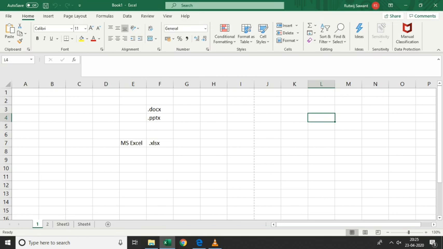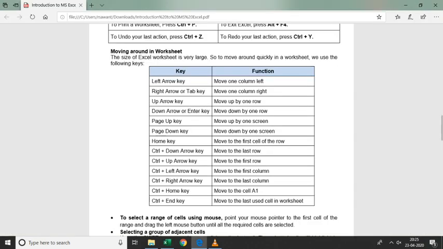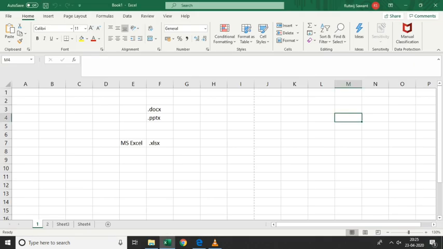Using the left arrow key, you can move towards your left side. Now after this, it will not move, as this is my first row and this is my first column. Then right arrow key, it will move towards the right side.